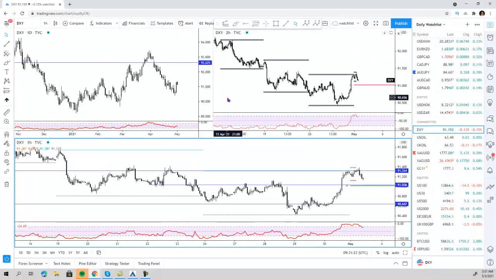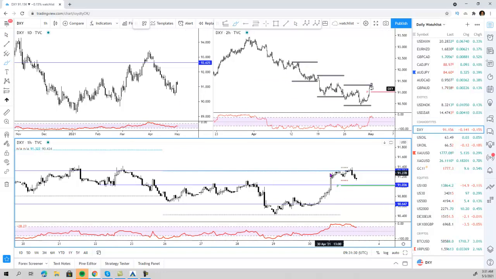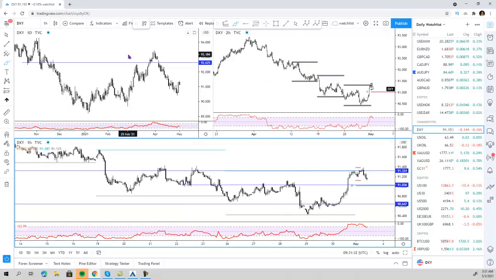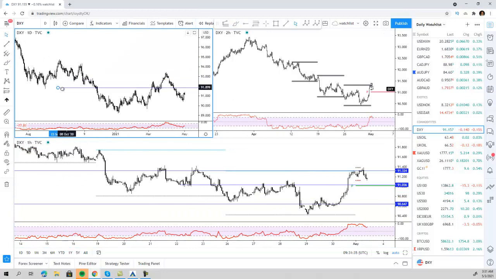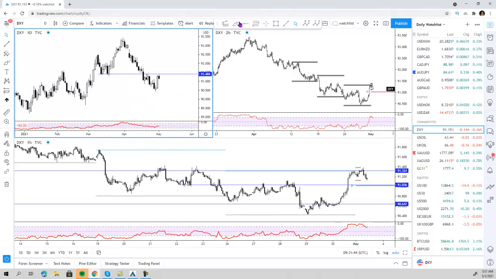The US dollar is looking a little bit bearish at the moment. If we look at the daily chart, this is the level that we are retesting at the moment, the previous broken lows, so we are still in bearish territory. We expect further bearish continuation here on the US dollar this week,